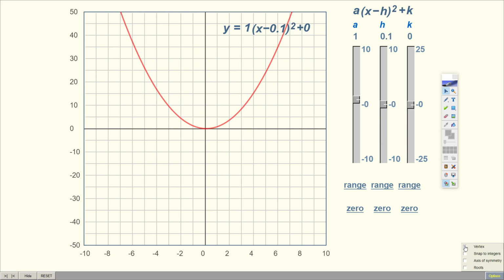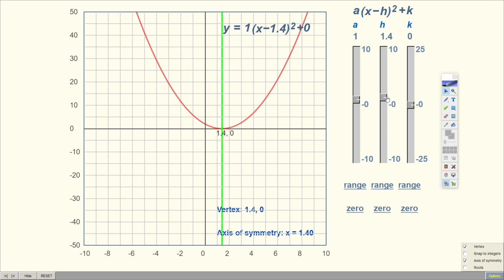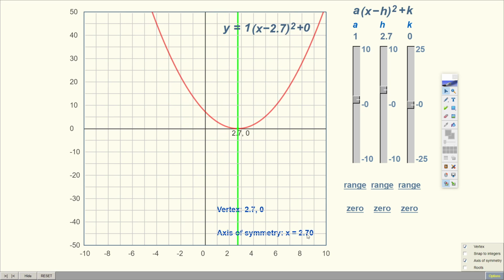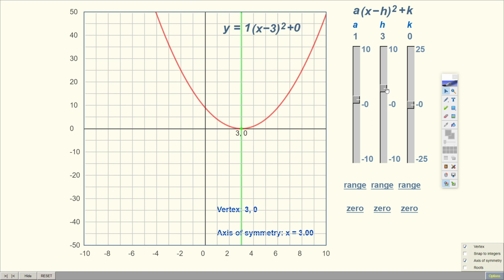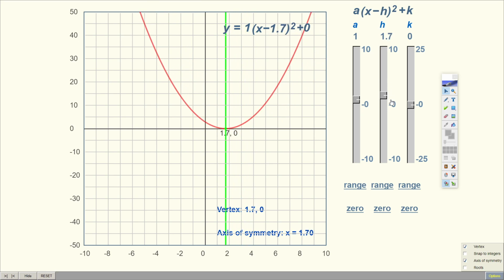Let's see what else I have. I'm also going to display the vertex. If you hit options and hit vertex, you can do that. And you can also display the axis of symmetry down here. So it'll give you all those things. As we move this around, it gives you the vertex. The axis of symmetry is down here. It's hard to see though. Move this around. If I go back to 0,